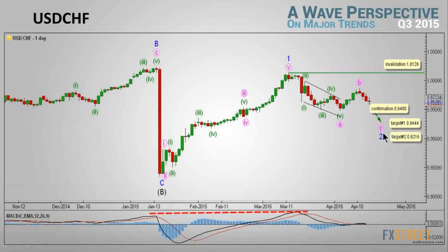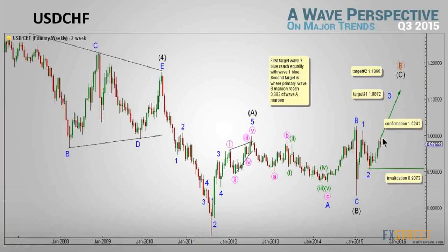The daily chart expected Swizzy to reach 0.9444, and if exceeded then to 0.9216, only if the confirmation point was reached below 0.9480. Both targets were reached and exceeded, and Swizzy reversed directions and started moving upwards. From that, it seems that the first part of Elliott wave expectations was reached, and the second part is yet